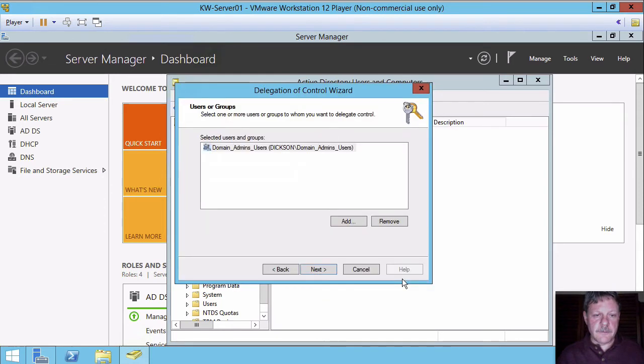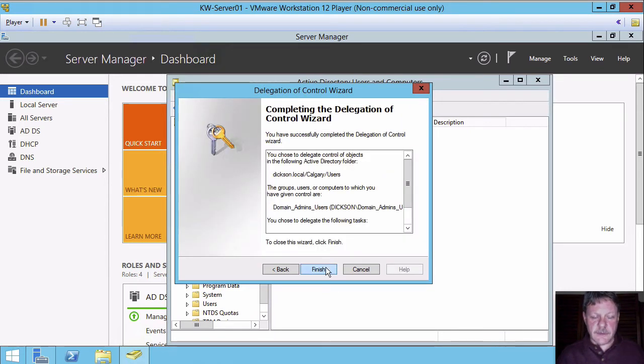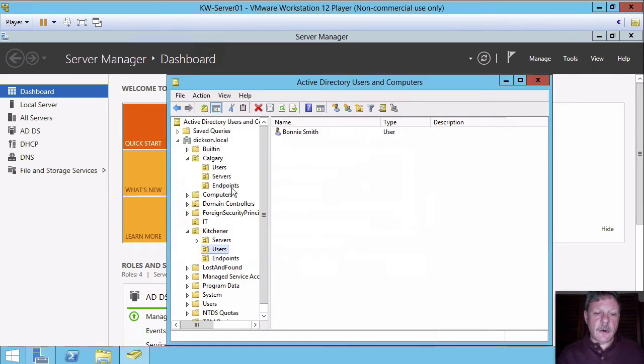I'll add that in. That's the only group, so I'll carry on next. What I'm going to let them do, create, delete, manage users, create, delete, manage groups. Next, and finish. So now what's happened is anybody who is a member of that domain admins users group is